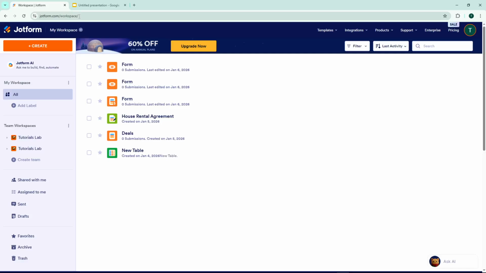Welcome back, everybody. Today, I'm going to teach you how to integrate Jotform with ClickUp. This integration is incredibly useful if you want form submissions to automatically create tasks in ClickUp, saving you tons of